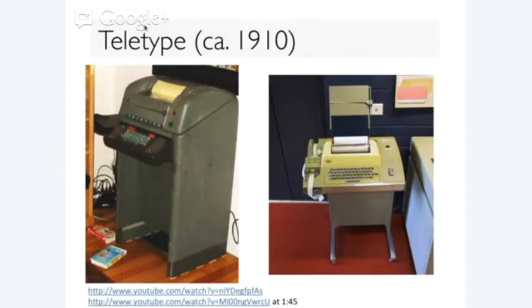So here you still had to have a point-to-point connection, and you would open and close a loop, but you now had some way of turning characters, for example, ASCII text, and code them into some protocol that you sent over the wire that on the other side was then decoded and drove basically a typewriter. So if you haven't seen one of these before,